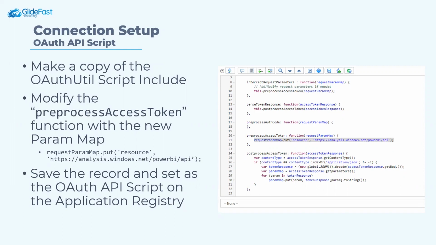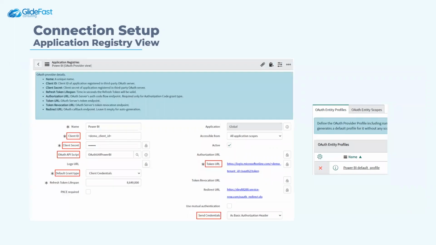And so we went into the OAuth util script and created a copy of it using insert and stay. And we just titled it OAuth util Power BI. And then within the preprocessed access token function, we just override it by adding in a line that simply puts a key value pair of resource as key and then value as the Power BI REST API resource URL. And once we go ahead and save that and point the new script into the application registry record, you'll notice